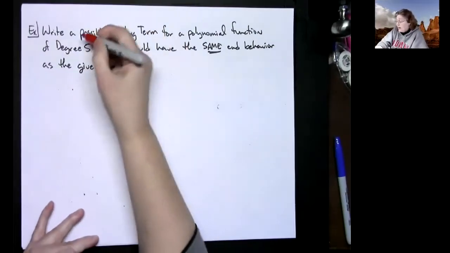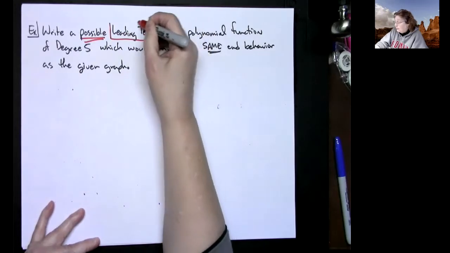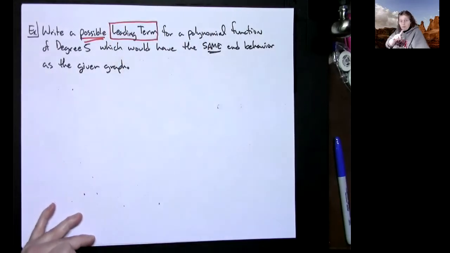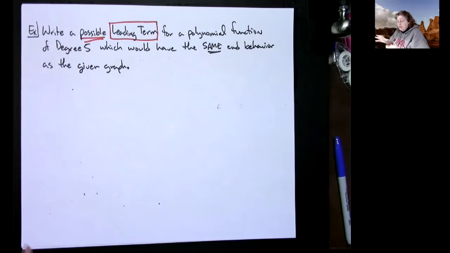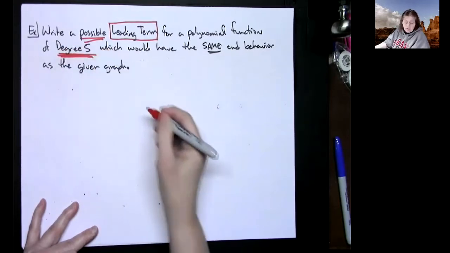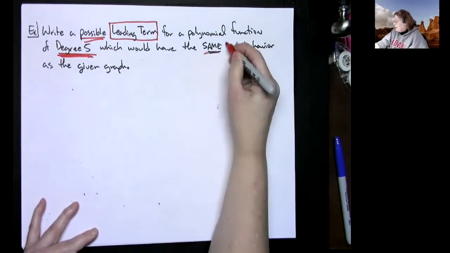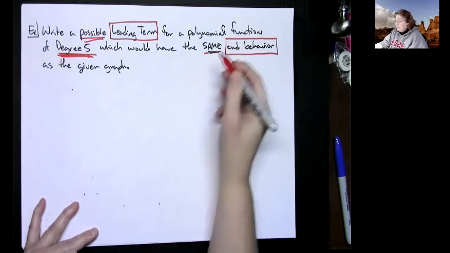This says write a possible leading term. All right, so I'm only going to write one term. I'm not going to write an equation, and I'm not going to write an entire polynomial function. I'm writing just the leading term. All right, it must be of degree 5, which would have the same end behavior as the given